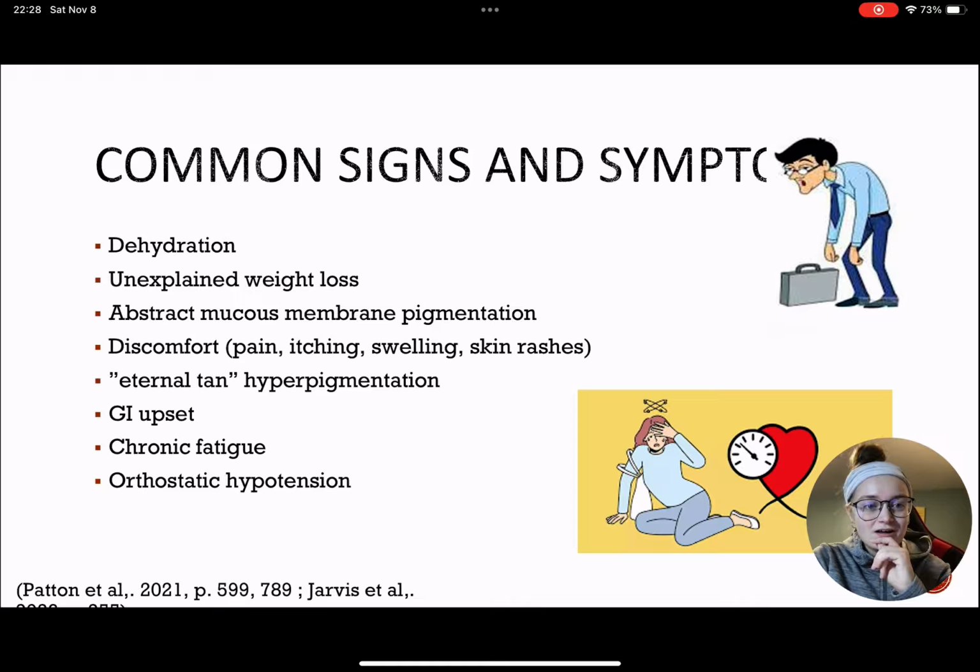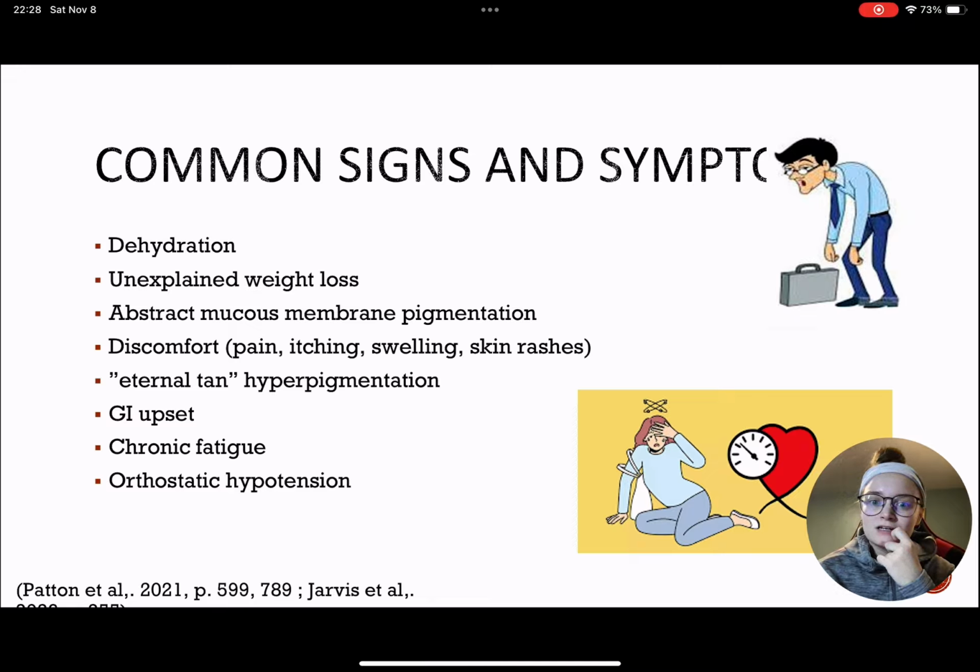I have it there, the abstract mucous membrane pigmentation. When I say abstract, I'm not trying to sound artsy. When we look at specific mucous membranes, so let's say our tongue or the inner part of our cheek, that's where we're gonna see clumps of like dark pigmentation. It's kind of a bad reference, but if we think of, let's say, a milk cow, those black and white spotted cows, that's what we tend to see in those mucous membranes, kind of like that sort of pigmentation. Not the pallor, the whiteness from like a milk cow, but those dark spots.